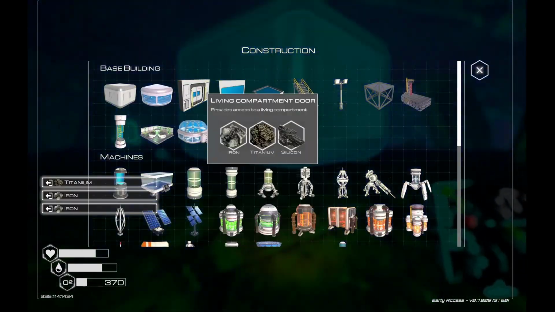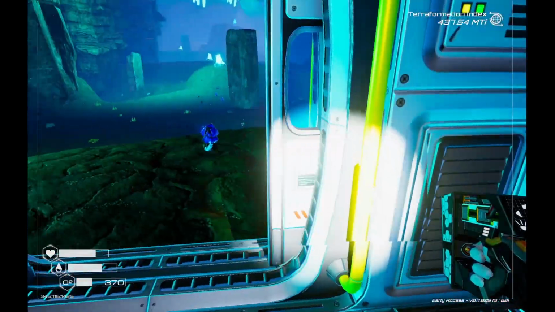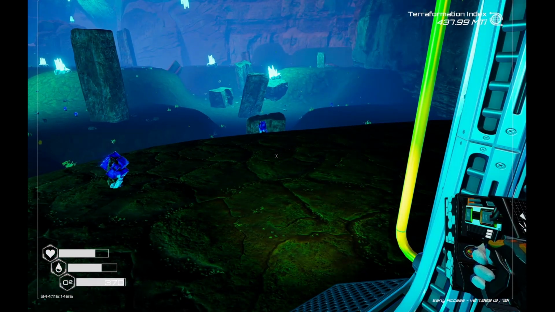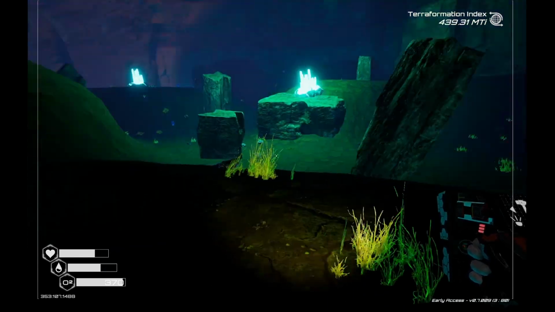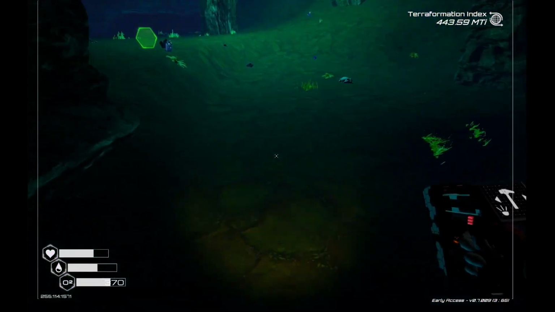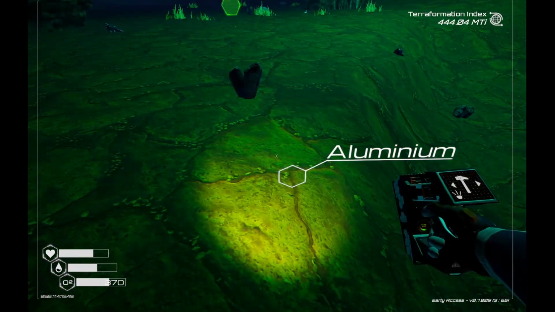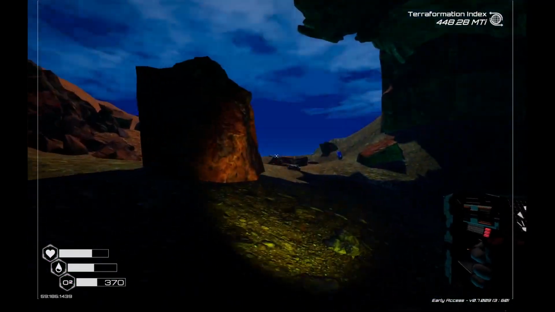And so we're going to make our usual living compartment, hide inside of it and see what we have in this cave. I'm not seeing anything at all on these giant chunks of crystal. I can't mine them. Well, we found the zeolite cave, but all I see is aluminum, which I will take, some aluminum, but I don't see anything else. Although the cave does open up over here